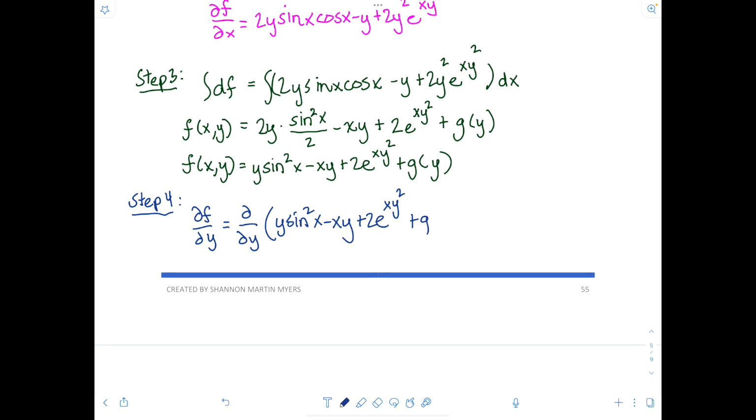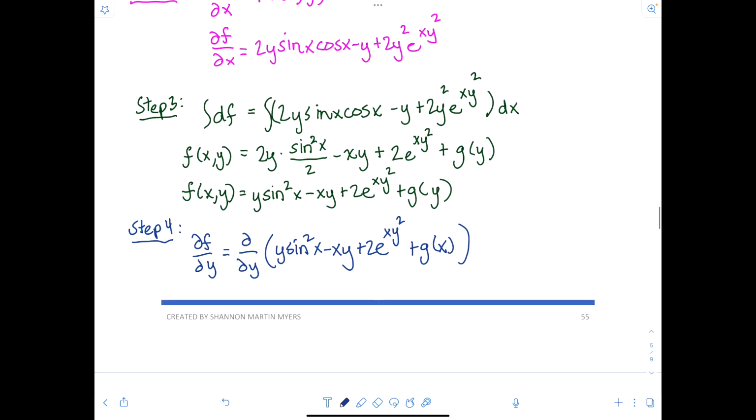We will have df/dy equals. So sine squared at x is treated as constant, right? And then when we differentiate y times sine squared at x, we'll just get sine squared at x, and then minus x, differentiating the term xy with respect to y, and then differentiating 2e to the xy squared